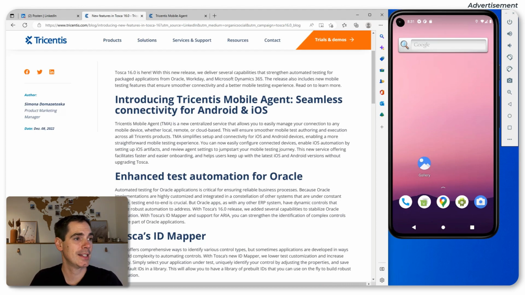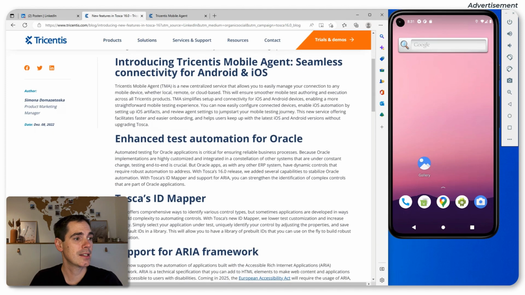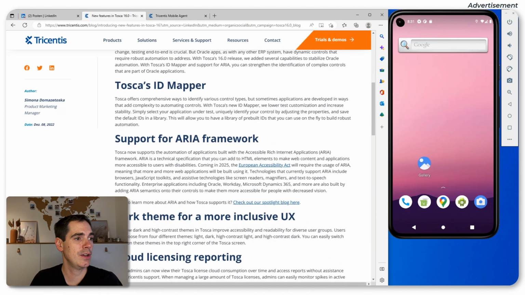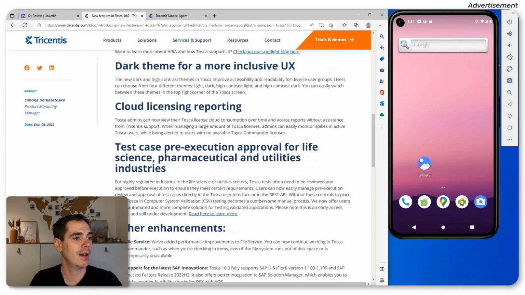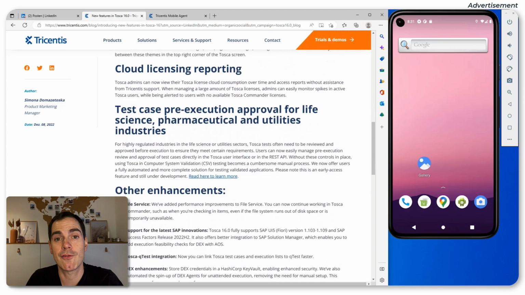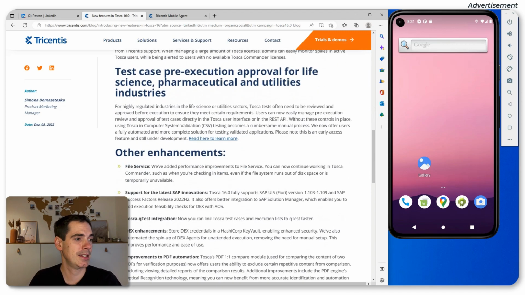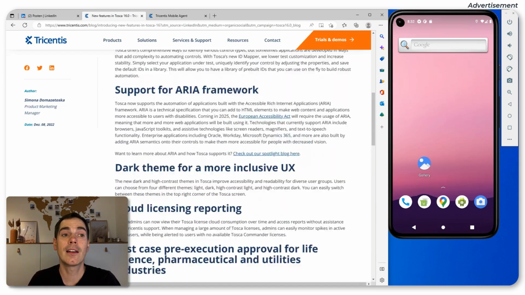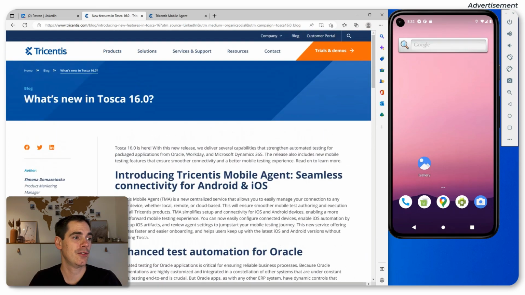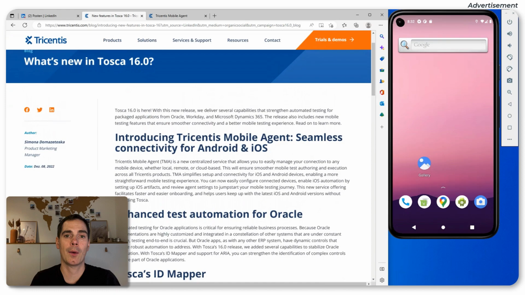So as I said, this is the blog post where you can read more about the specific updates that have been developed or put into that release for Tosca 16. You can see the list is going on and on and on. This is really great. But as I mentioned, in today's video I would like to focus on the Tricentis